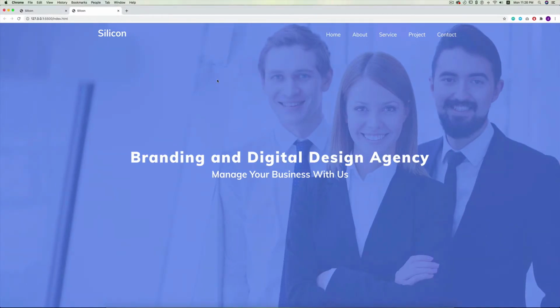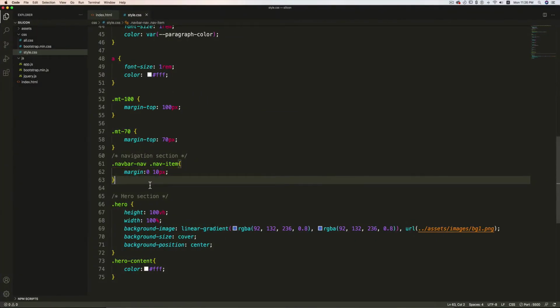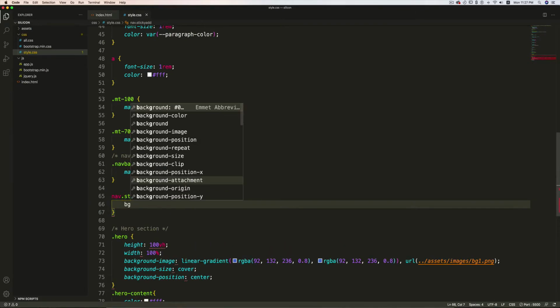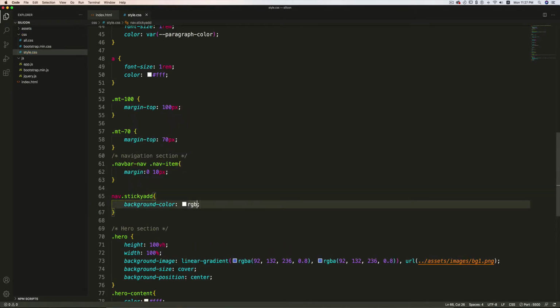Now let's add that overlay when we scroll. I'm going to do this using jQuery. First I need to declare some classes, which I'm going to explain in detail a little later. So I'll first declare nav.sticky-add. Here I'll change the background color to RGBA 255, 255, 255, and for the transparency 0.5, or sorry 0.9.